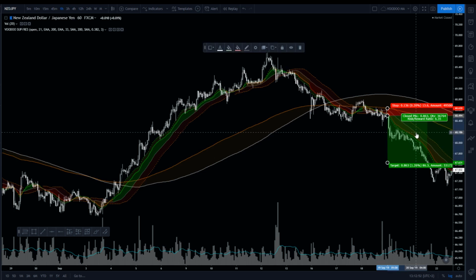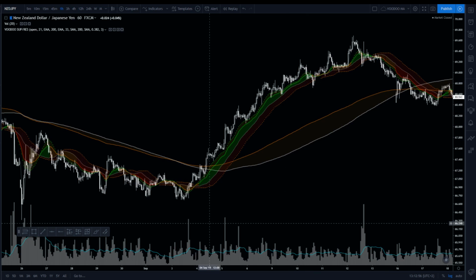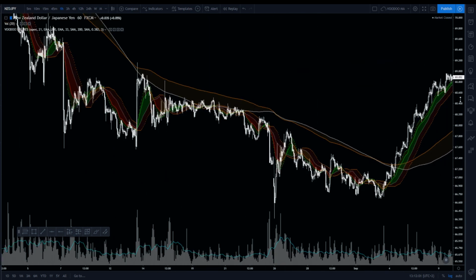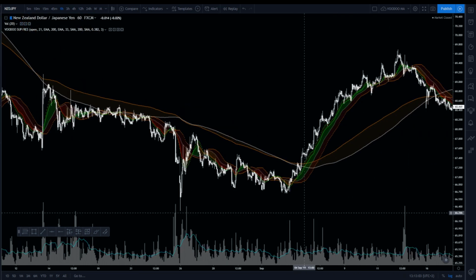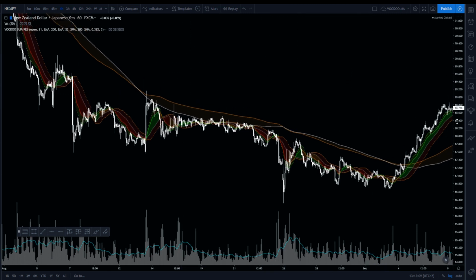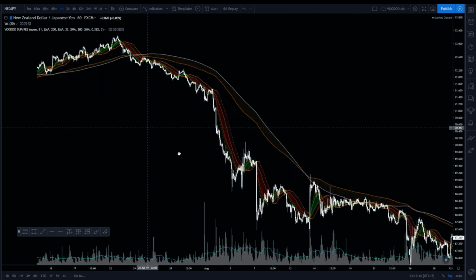It's simple to use. It's color based, so you will know this is long entry, this is short entry, and the only thing you need to decide is if the price is consolidating or not. The best way to check it using EMAs is the distance between 200 EMA and SMA and the slope of those. So you can see here